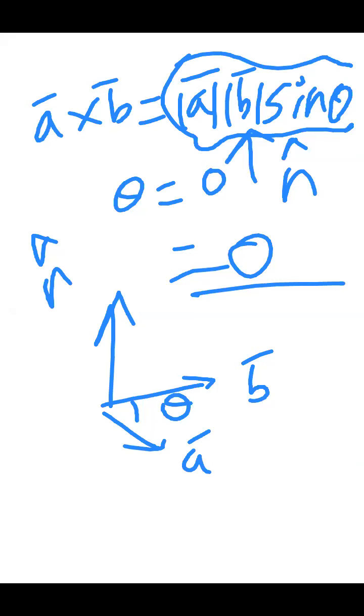But please note down, as theta value increases, your value also increases. Once the angle between the vectors is high, your magnitude is also high. Definitely the direction is going to be perpendicular to your vectors. As theta increases, sine theta increases. So if the angle between the vectors is high, this will have high magnitude. Okay, can anybody tell me a realistic application for this?